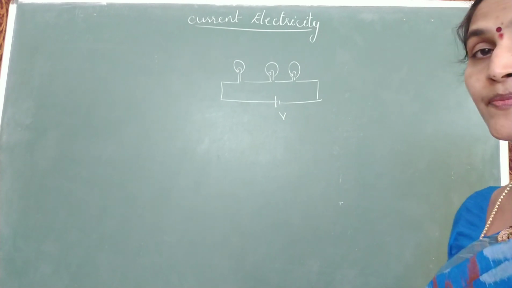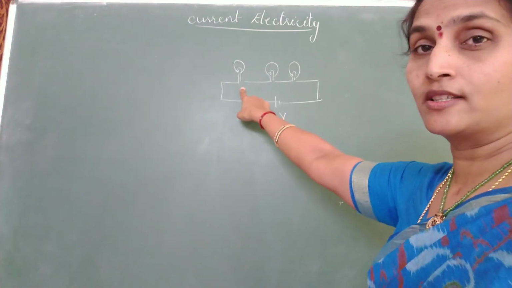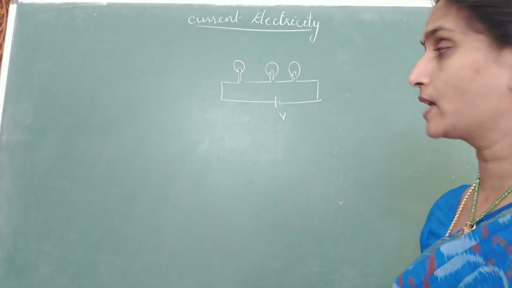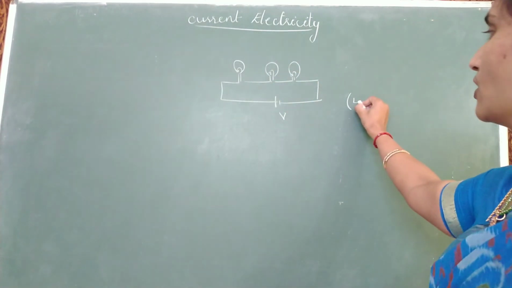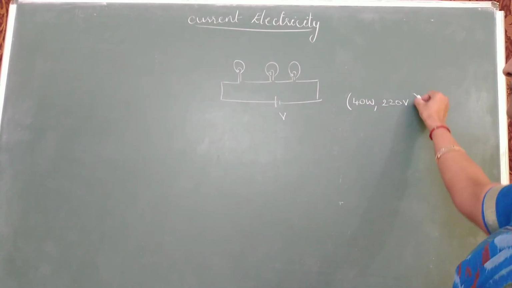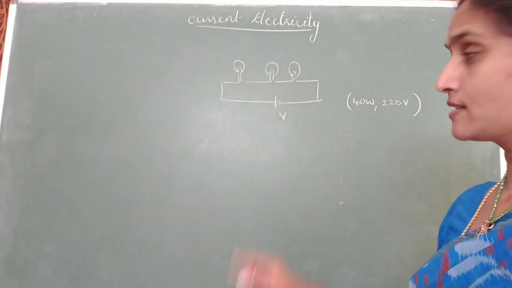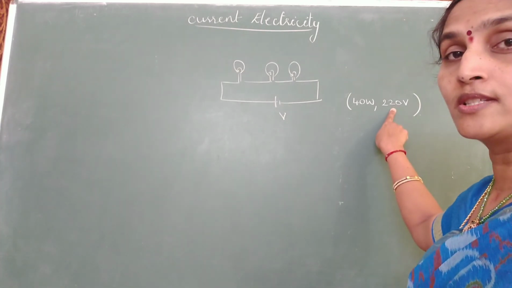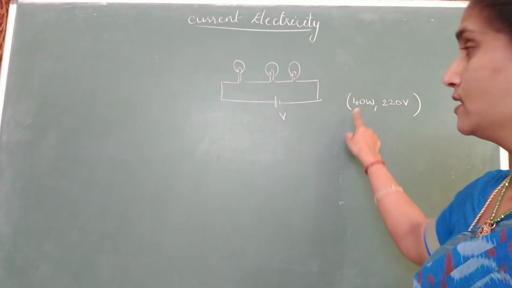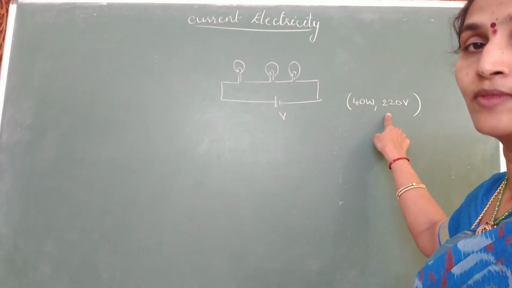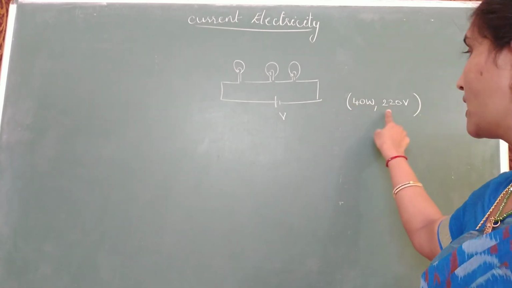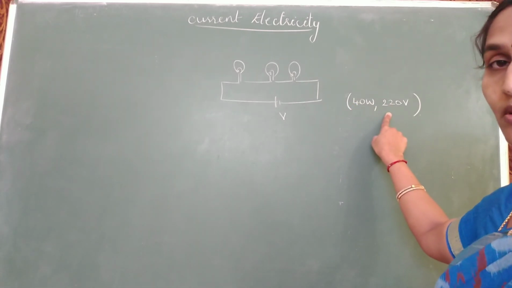The voltage is V. So whenever we buy a bulb, the bulb will have a power rating. If you observe the package, you can see it will be written like this: 40 watt, 220 volts. The meaning is if you apply 220 volts across the bulb, it will give you an output of 40 watt. So this is called the rating of a bulb. Rating is always given by 2 terms. First one is power, second one is the voltage at which you are supposed to operate.